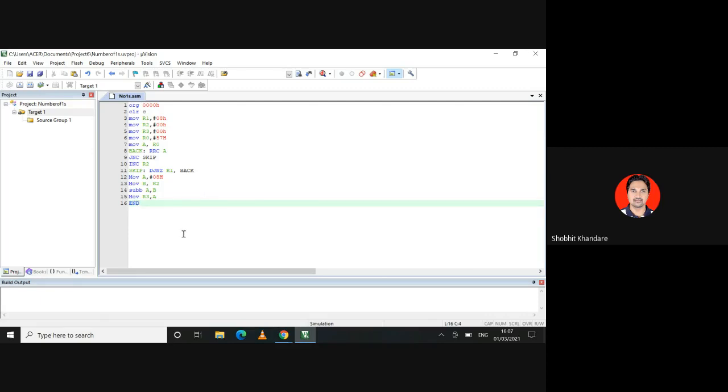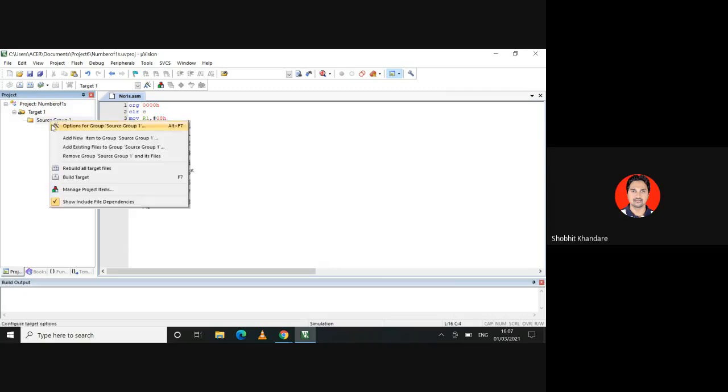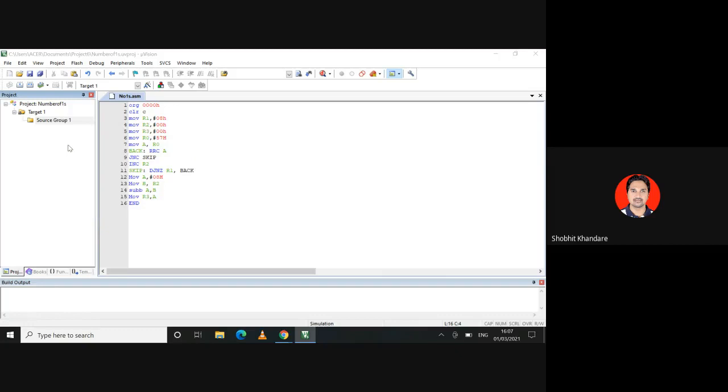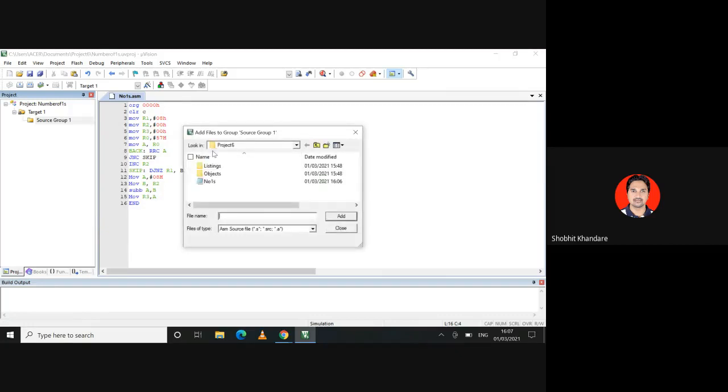We have saved the file. Now I want this file to be attached to source group 1. Just right click and add existing file to source group 1. It will ask which file you want to attach, so select this file and add.